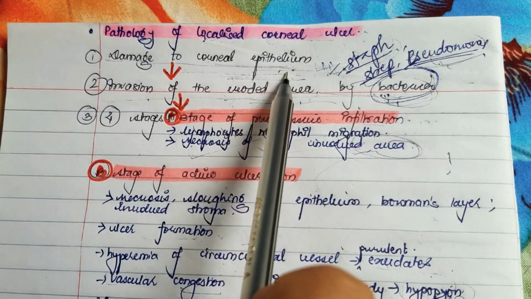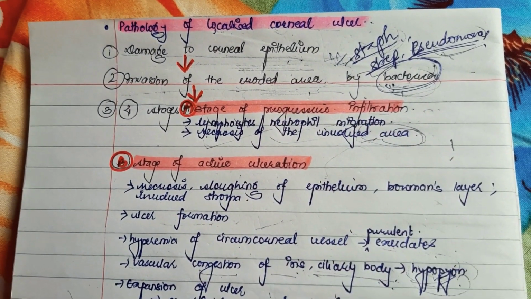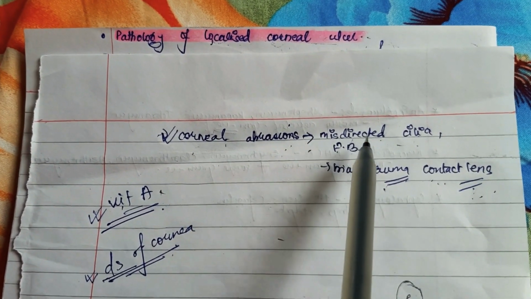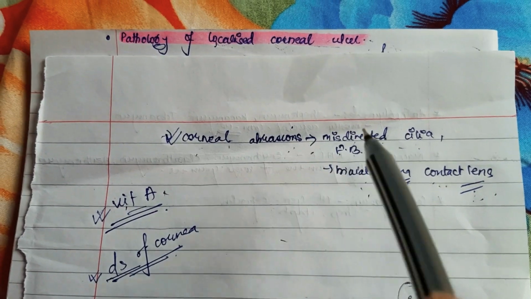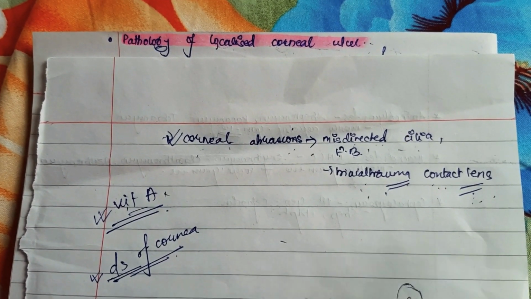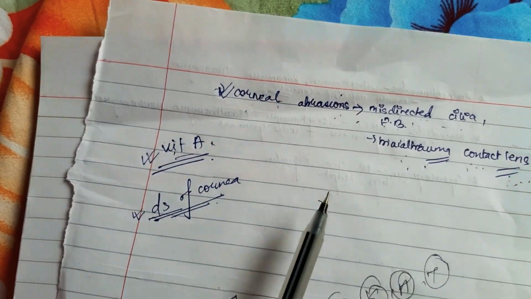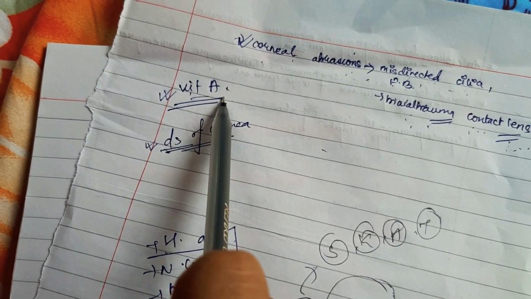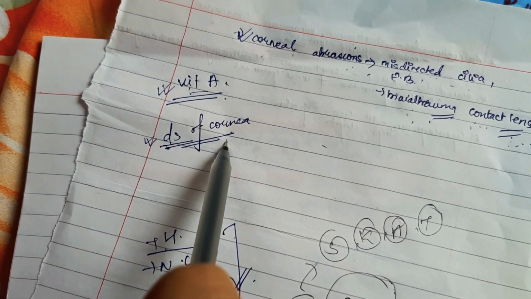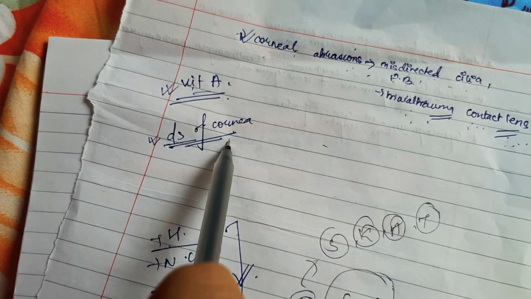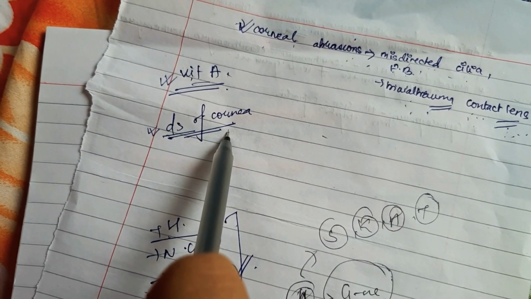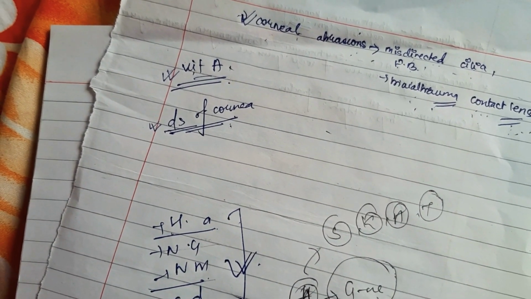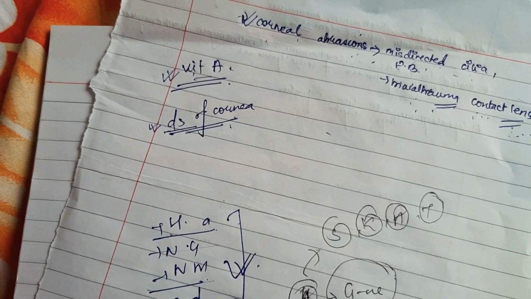And this damage to the corneal epithelium can occur in various ways. It can occur in the form of corneal abrasions, which occur due to misdirected cilia, foreign bodies entering the eyes, or trivial trauma in contact lens users. The corneal epithelium can also get damaged due to deficiency of vitamin A, as in keratomalacia, or due to deformation of the cornea, as in bullous keratopathy. It can also get damaged when it is dry, as in exposure keratitis or xerosis, or in neuroparalytic diseases of the cornea.